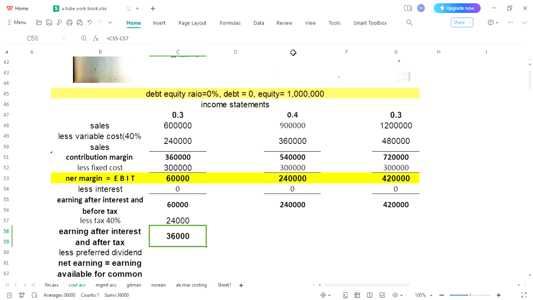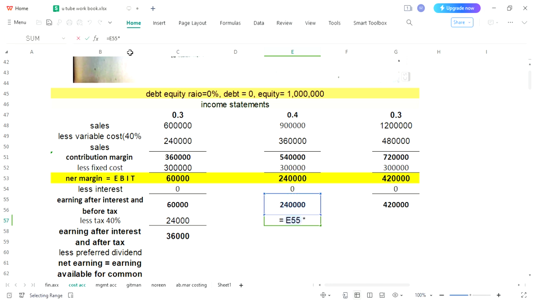So this is your earning after interest and after tax. Let's calculate tax for the second option, for which we need earning before tax, and that earning is 240,000, and you will take 40% of previous earning. Tax has been calculated. Now we can calculate earning after tax by subtracting tax from previous earning. 240,000, amount of tax 96,000. So we have got our second earning after interest and after tax, that is